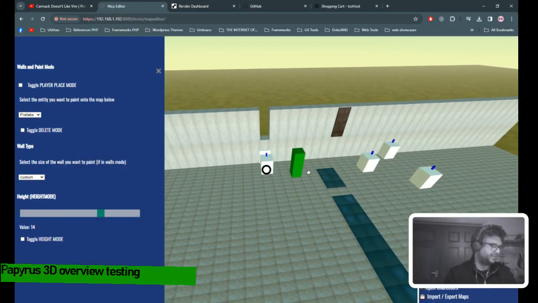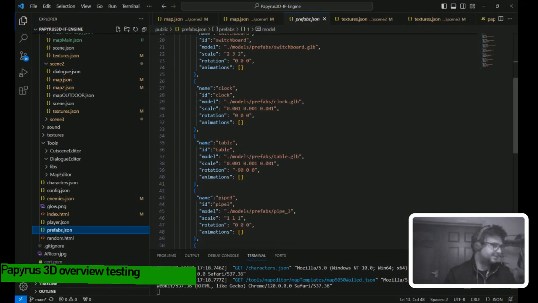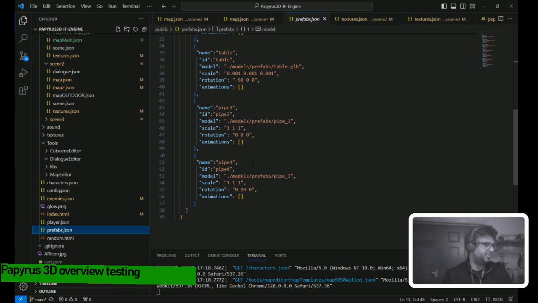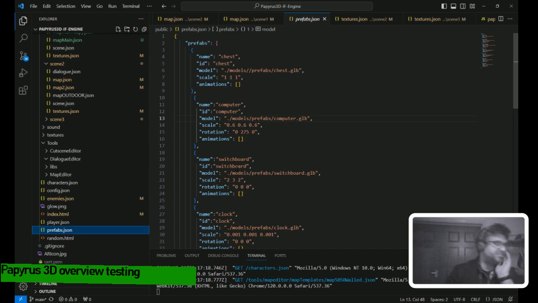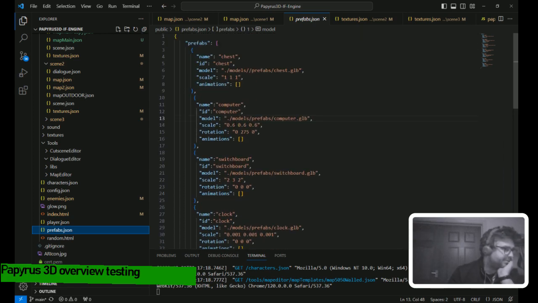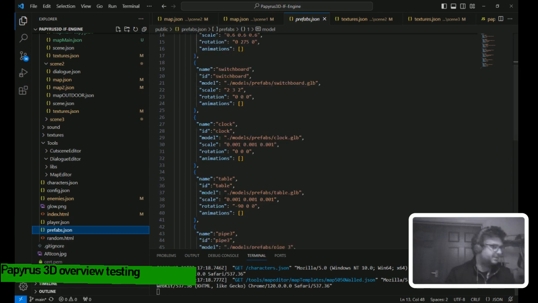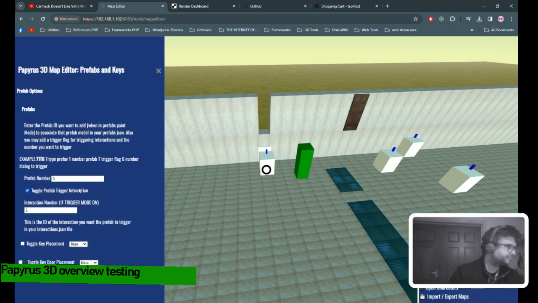Oh, put that on the wall. It'll probably look ugly, but whatever. Just a test, really. So we've got a clock, a pipe. Probably put a pipe into that number. So you can add as many of these prefabs as you want. It's up to you, really. Table maybe. So 0, 1, 2, 3, 4, which would be, just put 4. I'll try to load a table in.